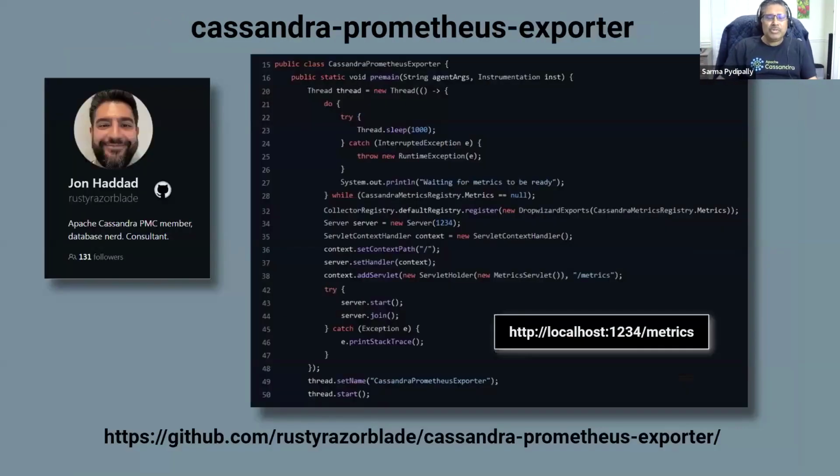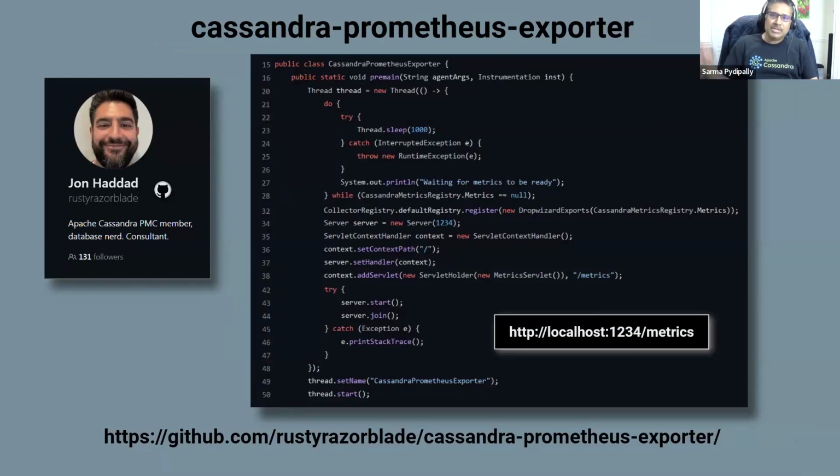So I worked with John Haddad. A lot of us admire him. He does a lot of nice work. He recently started publishing a lot of YouTube videos. I was just discussing with John, saying, hey, going forward with Cassandra 5, since I don't have a way to publish these metrics, what do we do? And then, he's so good. Within a couple of hours, he said, hey, look at this 40-line code.